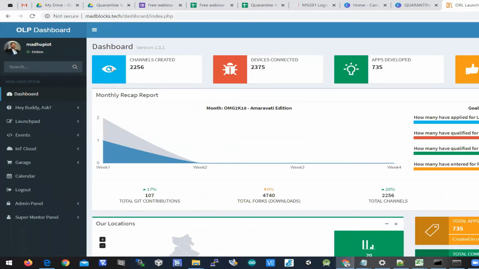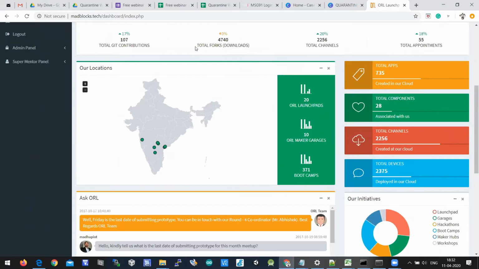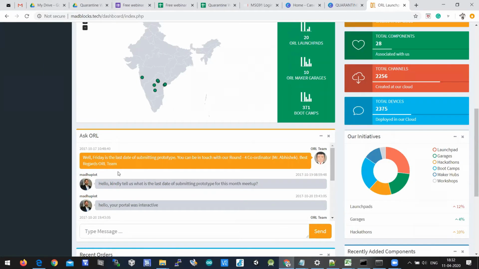So we are providing this cloud to all the students, faculties and researchers who want to do something on IoT. It's just filling the registration form. You'll get a verification email, and you have to click on verify your account. Then immediately your account will be activated and you can easily log in. And this is the dashboard page. If you have a query, you can post a message here, and our contact support will be replying there.